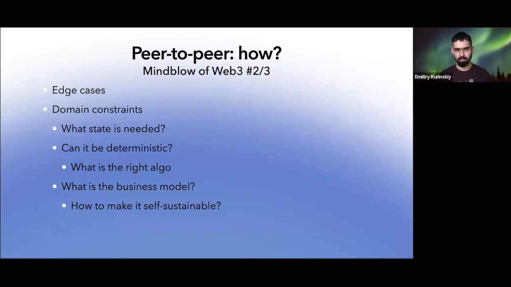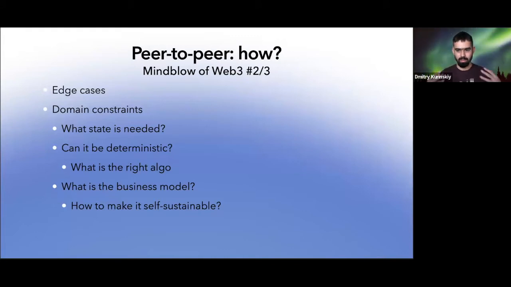And when I consider security, then I need to switch to the second part with many questions which change the system design of my network dramatically. Like what state is needed, and what exact state is needed, and how exactly I want to make it available. What guarantees do I need? What latency do I need? And so on. Then the question for my Web3 application, can it be deterministic?